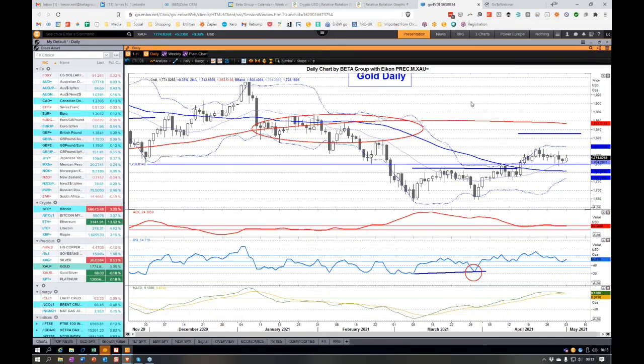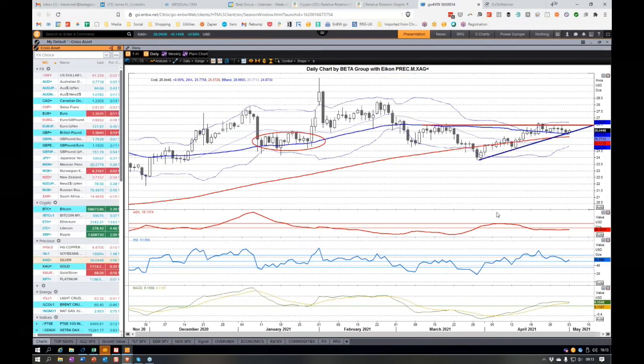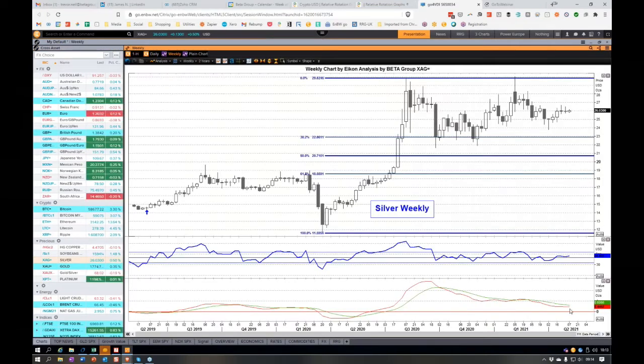I'm going to give this a cigar here because it is quite a substantial area of resistance that we're coming into there, at the minimum price objective from the double bottom pattern. Let's have a look at silver. We haven't looked at silver for a while. Here's another very interesting, potentially